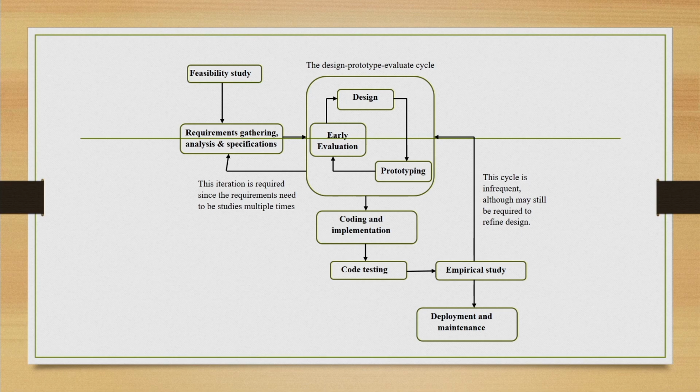As you can see in the figure, there are several stages. We have already discussed one method to perform this stage, namely the contextual inquiry method. Other important stages are design, prototyping, early evaluation, empirical study. So, these are some stages that are unique in the context of, or that are done in a different way in the context of interactive systems, and in this course we will learn different ways to do this.